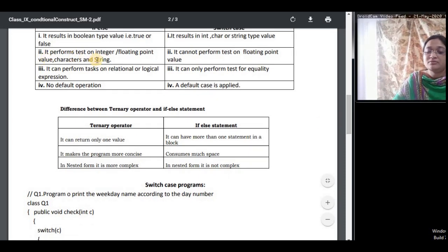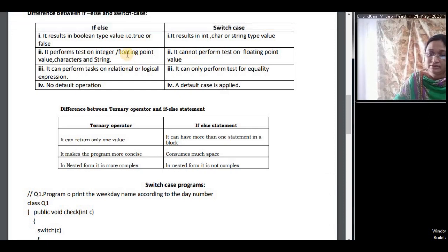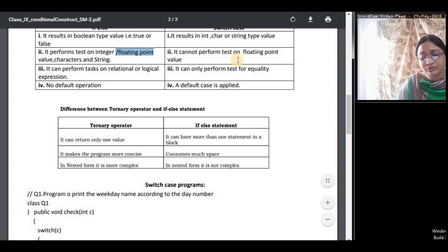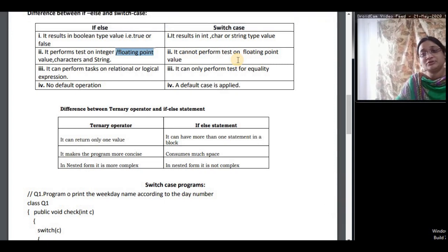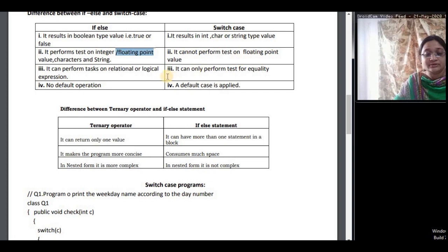If else performs tests on integer or floating point values or character or string. The main thing is that if else can perform operations on floating point values, whereas switch case cannot perform operations on floating point values.